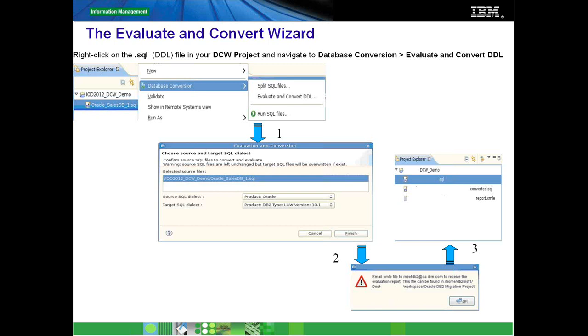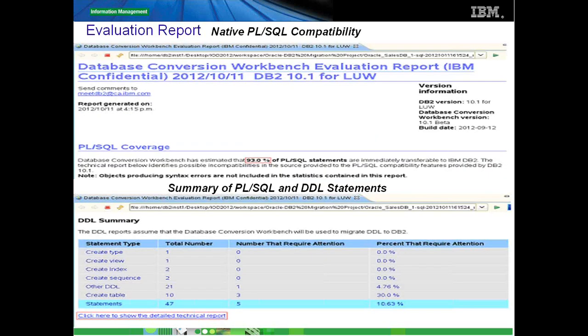So as of today, when you're trying to look at the compatibility, like I said, there is an email which is going to be sent to the IBM team, which will take a look at who is doing the evaluation, because again, like I said, this comes from prior experience, and we would want to know who are the customers and business partners who are trying to migrate applications onto DB2. So there is an email which gets sent with the actual report, and it does certain validation to ensure that the customer is registered with us. And if the customer is registered with us, the report goes back to the customer in another email, which is again an HTML file, and the user is allowed to look at the